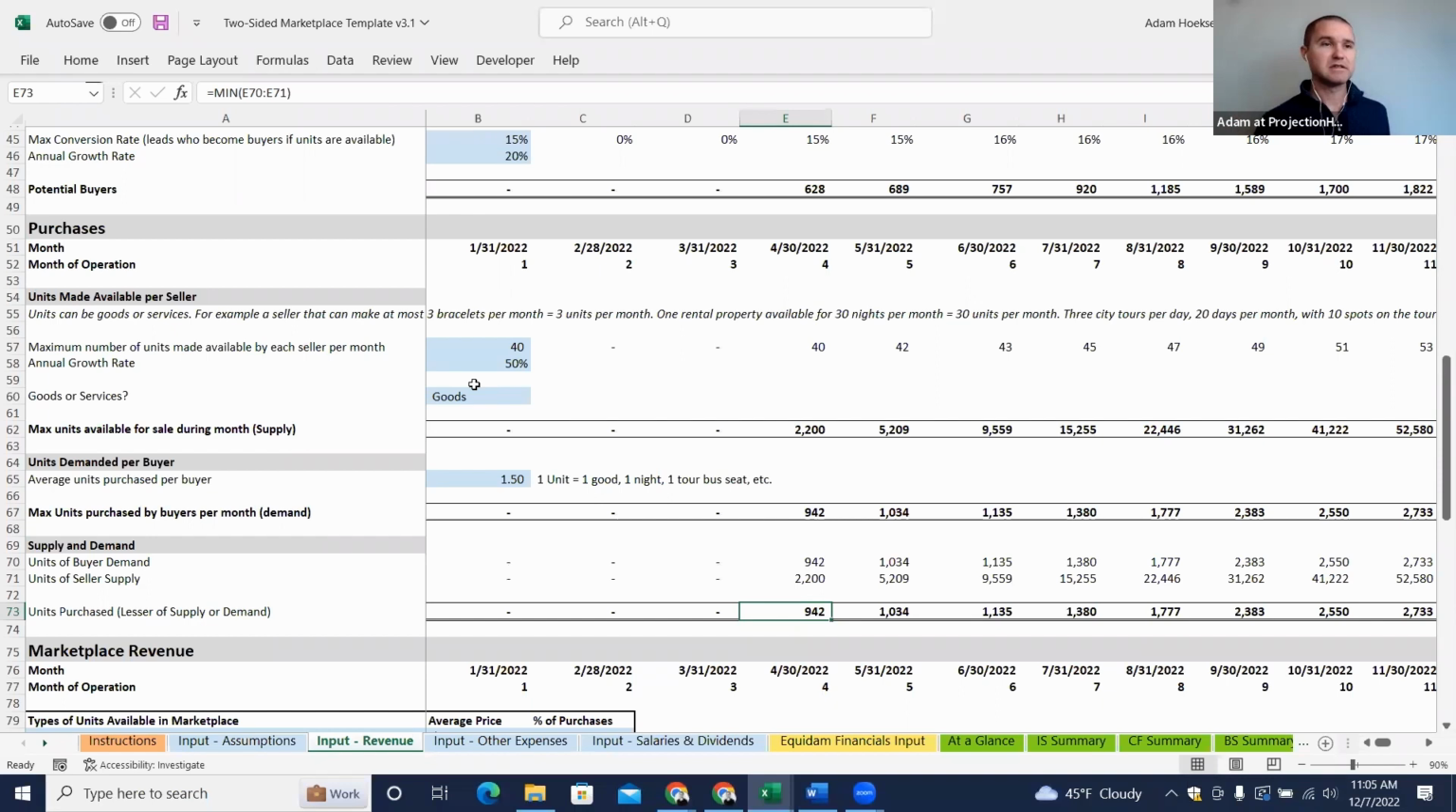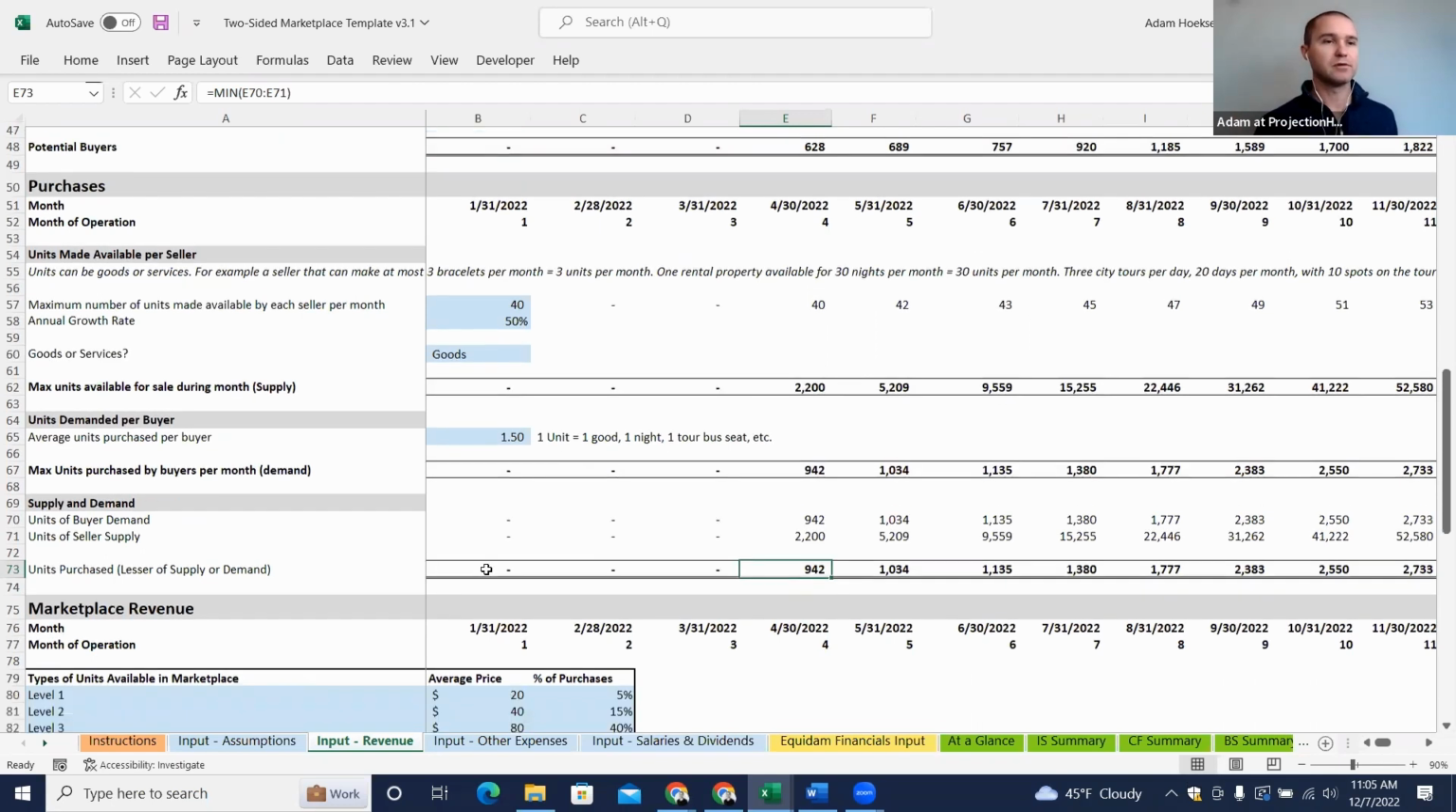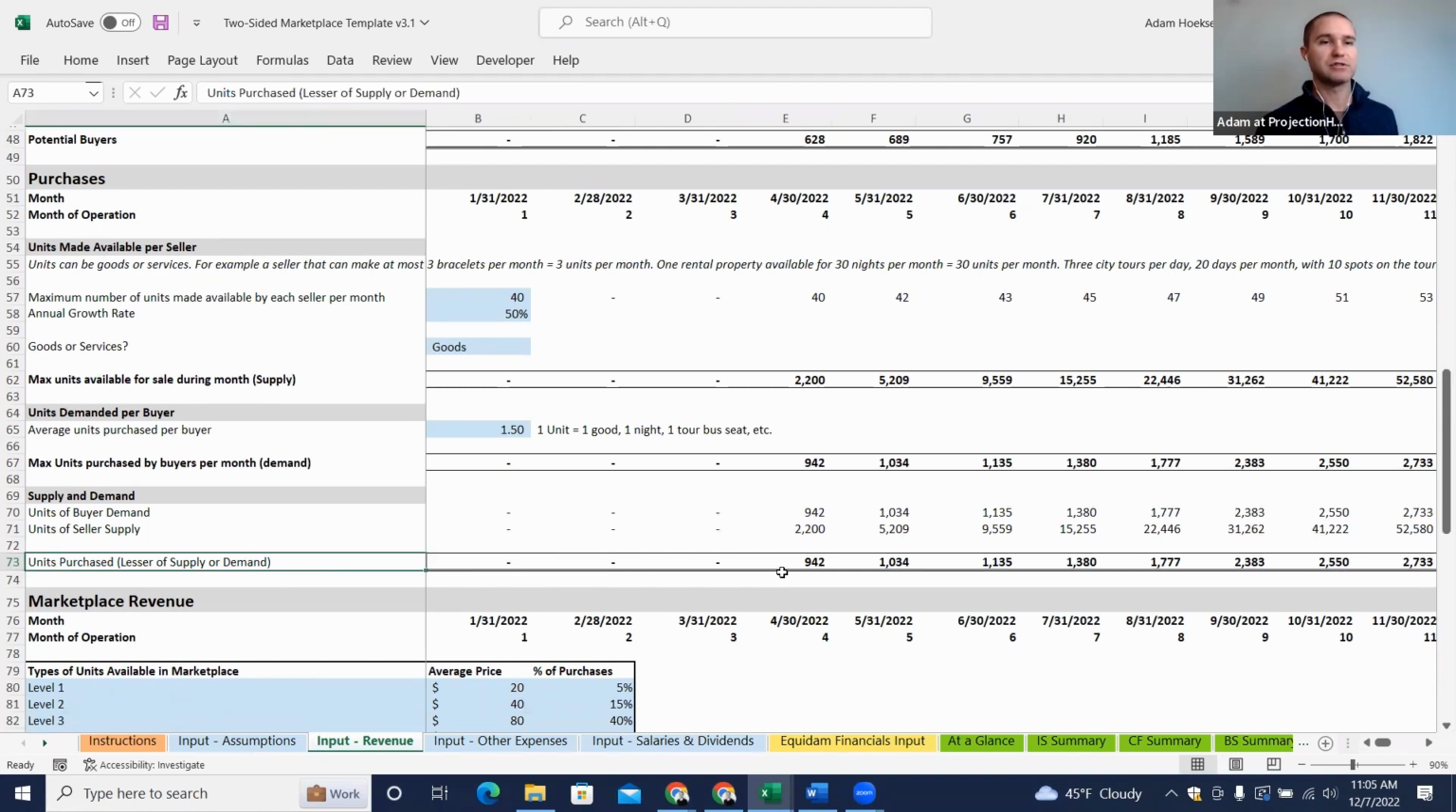And this is an important thing because you can only sell the lesser of supply or demand in a two-sided marketplace. So for example, if we look down here, we've got this units purchase. And if we stick with our Uber example, if we're thinking about rides, when we sold 942 rides, that's how much demand we had. We had buyer demand of 942 units. We actually had seller supply. So the drivers were willing to drive 2,200 rides in a month,